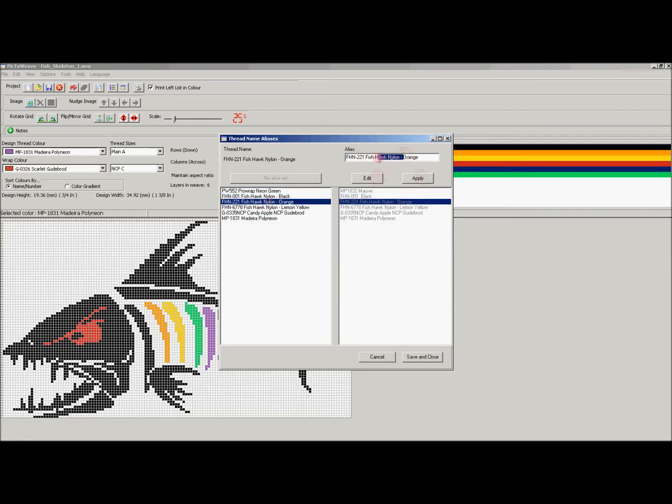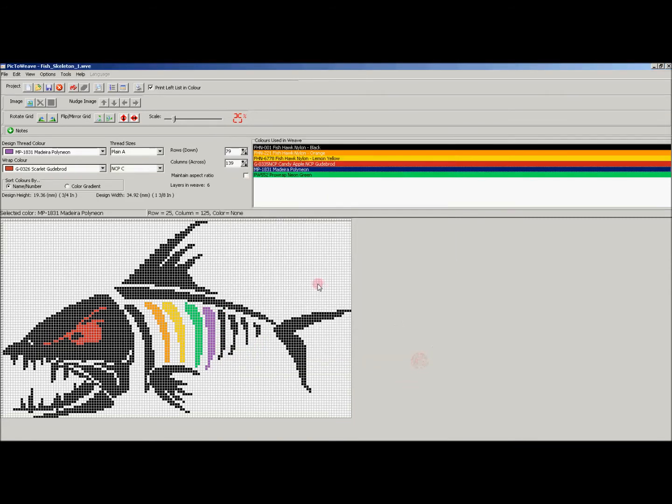Likewise, change this to orange. Yellow and red. Now you can do as many or as few as you like. It all comes down to